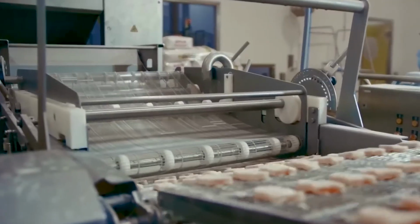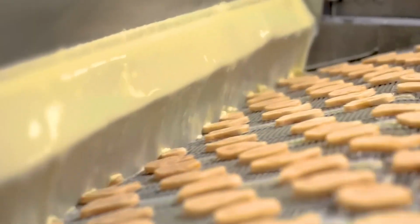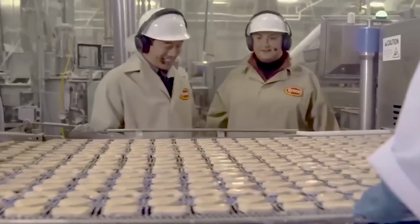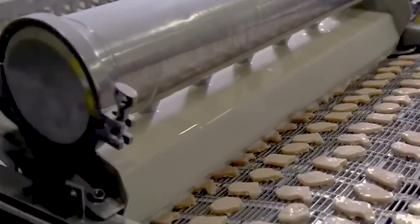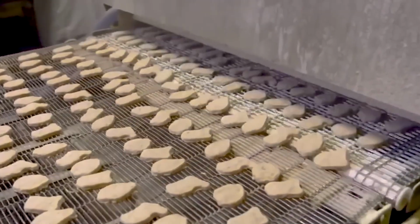The coating starts with a simple batter made from flour, cornmeal, and seasoning. This batter is applied to each nugget in a precise manner, ensuring it sticks well during frying without becoming too thick or uneven. To create the signature crunch, the nuggets are also coated in a light layer of breadcrumbs, which adds texture and flavor. This dual-layer coating process helps give the nuggets their crispy exterior, providing the satisfying crunch with